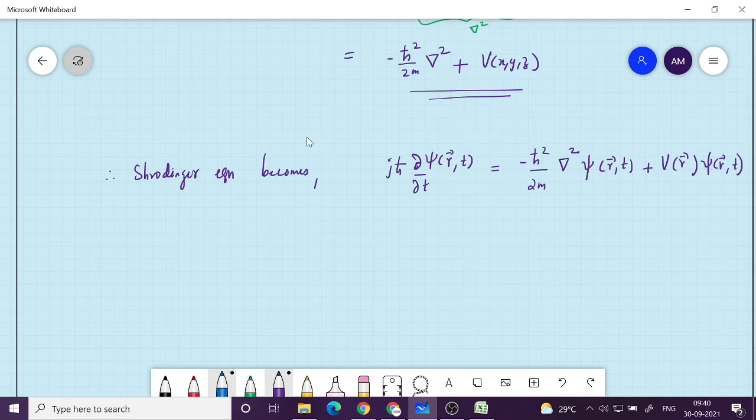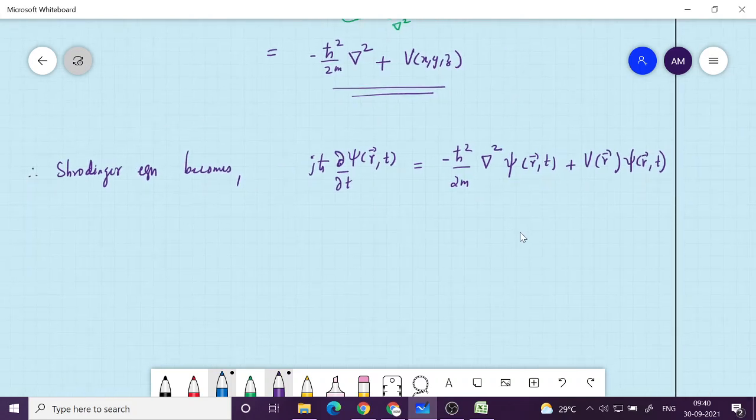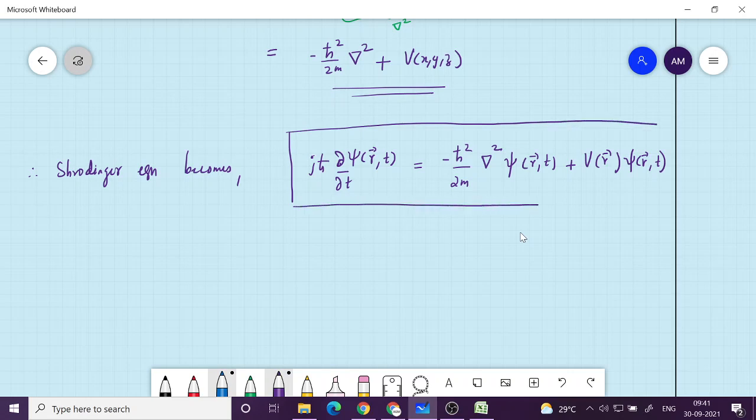So this is the expression for the Schrodinger equation, where V depends upon the problem. V will vary. For example, in atoms, V is the electrostatic attraction of the nucleus on the electron. So that will be like the electrostatic potential, which you know goes like 1 by r from the origin where the nucleus is sitting. Or if it is some other problem, it may be varying with x or y, etc. So this is the Schrodinger equation that we have to solve to find out the wave function.